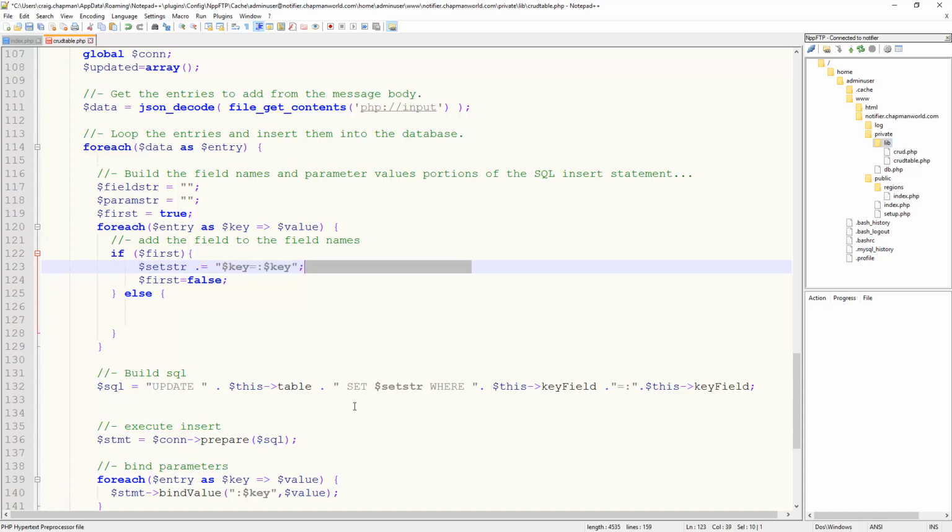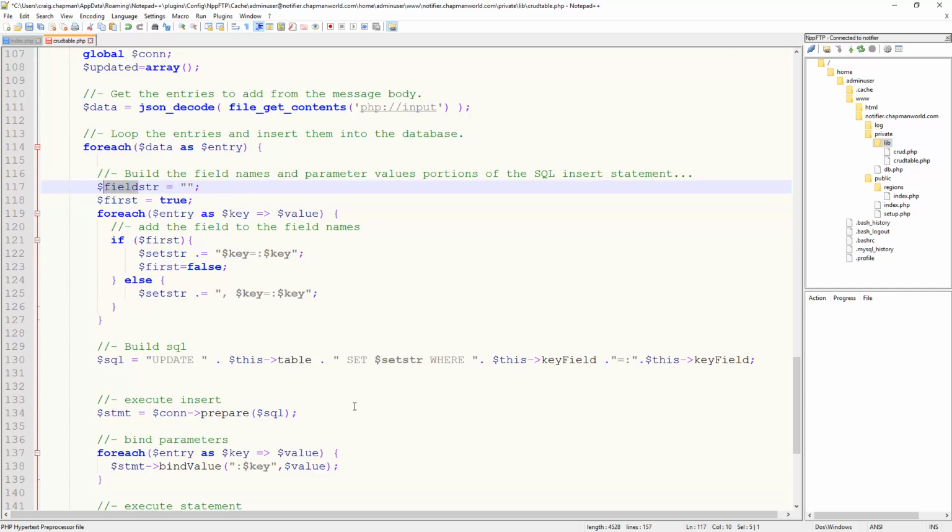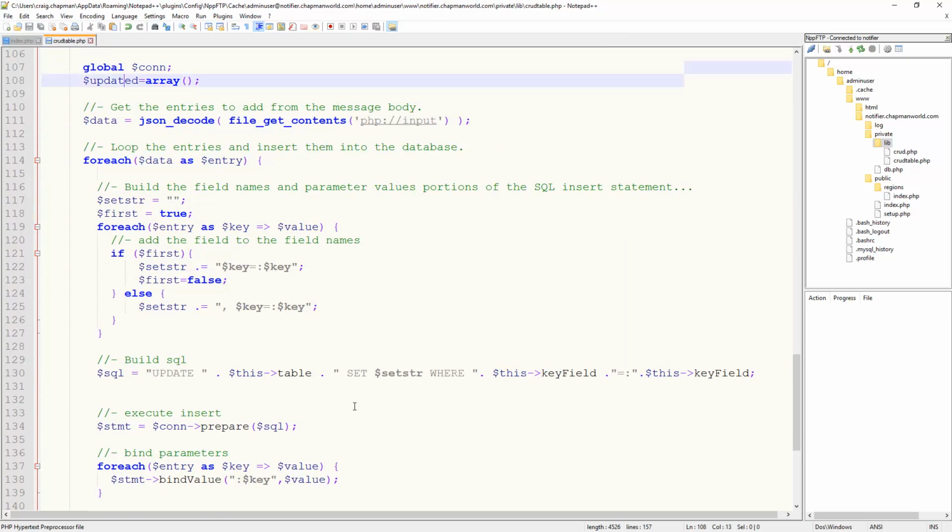Okay, and we're going to do the same thing again right here. Got a lot of spaces there, let's get rid of them. So we're going to do the same thing right here, but the difference here will be we have a comma separating each of the values, because you'll remember that first was our control variable saying whether or not this is the first entry. Now obviously these two field names are no longer needed. We need setstra for our string. Okay, so